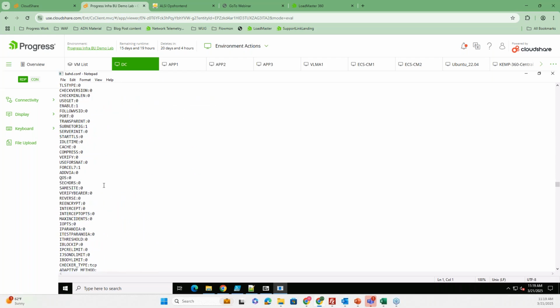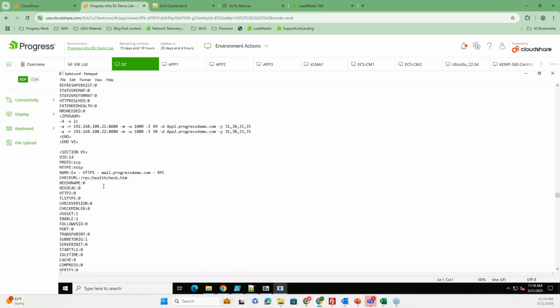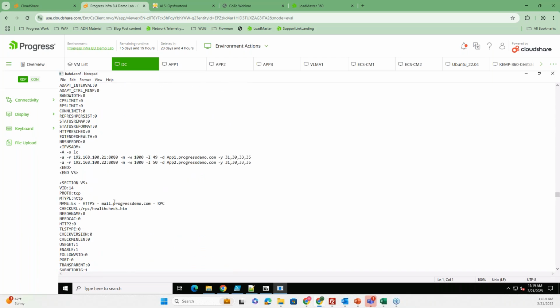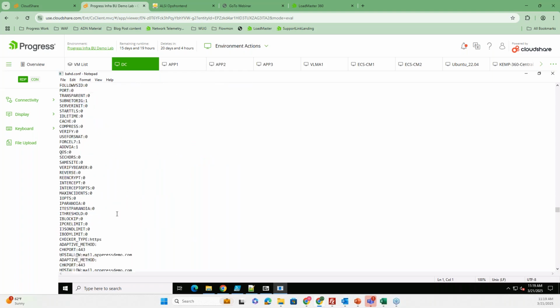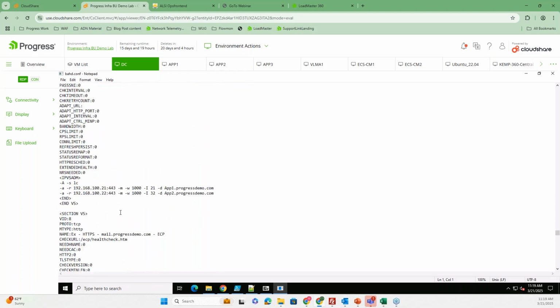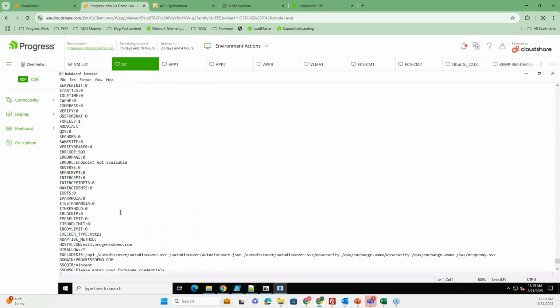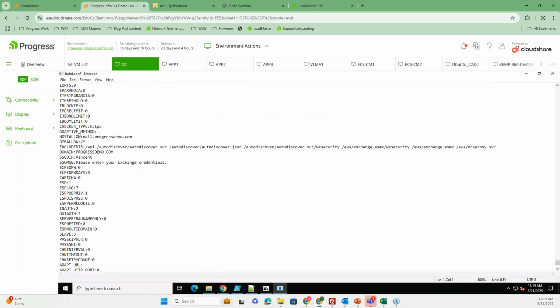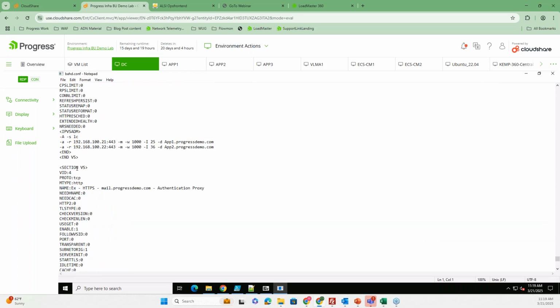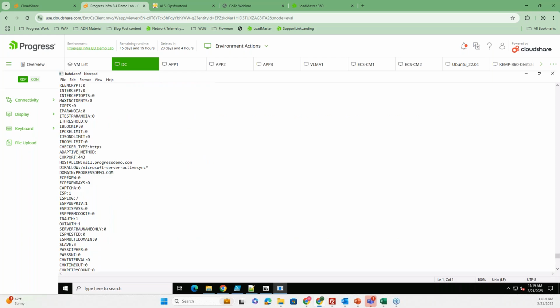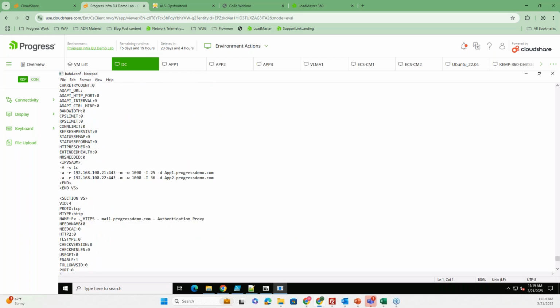I now go to the bottom because the last virtual service should have the highest virtual ID. Let's have a look. Here we go. Okay, let's take ID 99 in that case. So you see all the sections are in here.